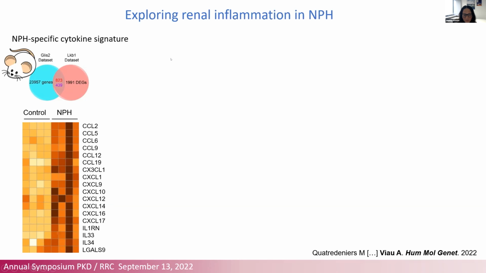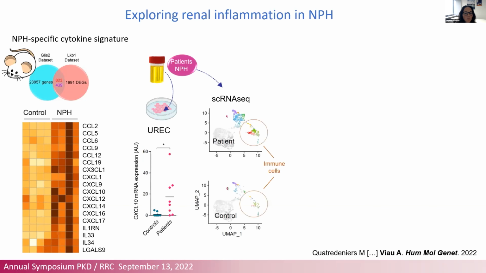So in order to see if this signature also exists in humans, we used our collection of urinary renal epithelial cells that we collect from urine from patients with nephronophthisis. And she showed that this signature of specific cytokines was also upregulated in the supernatant of the urine. Interestingly, this